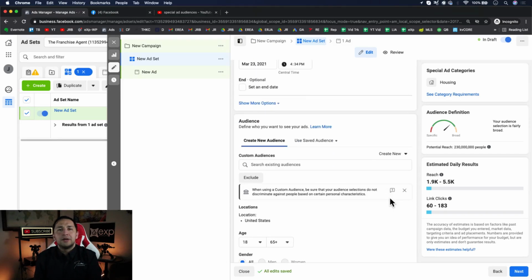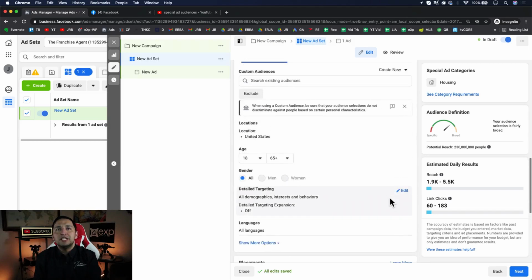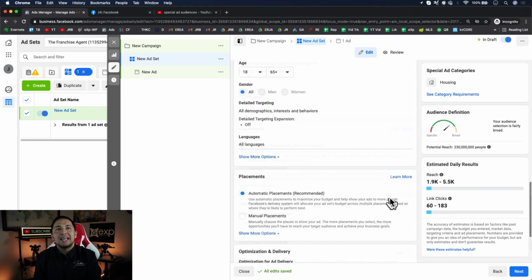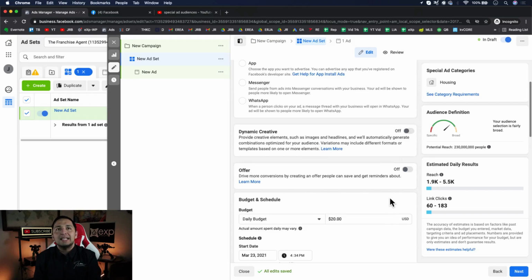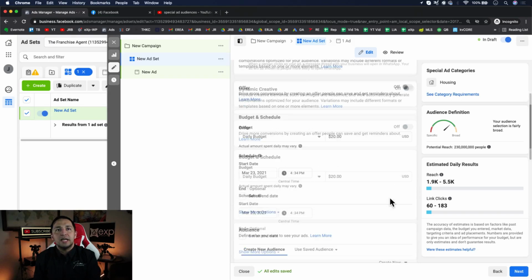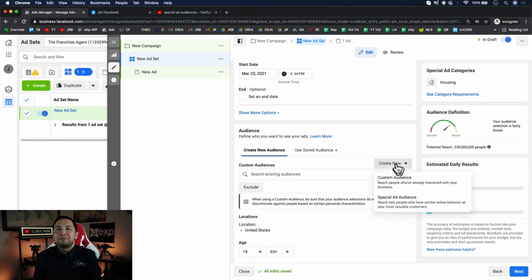I know it can get a little bit complex, but I really need you to hang in there with me, because that's the key difference. That is the key difference that we must understand. The special ad audience, basically in a simplistic form, does what a lookalike audience does right now, but it does it within the special ad audience. It just takes less factors that could be seen as discriminatory into account.